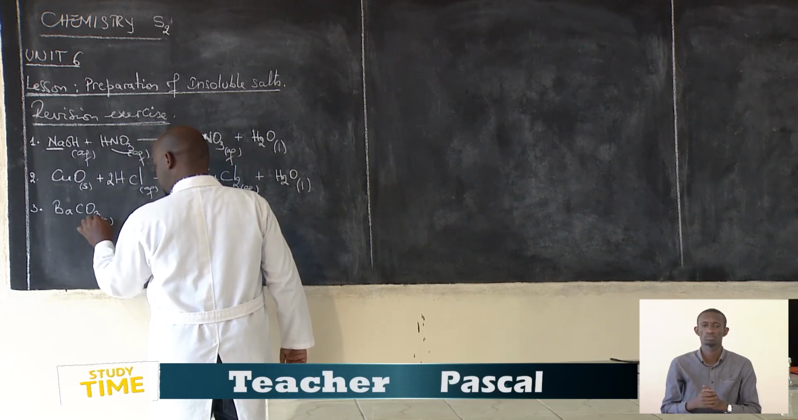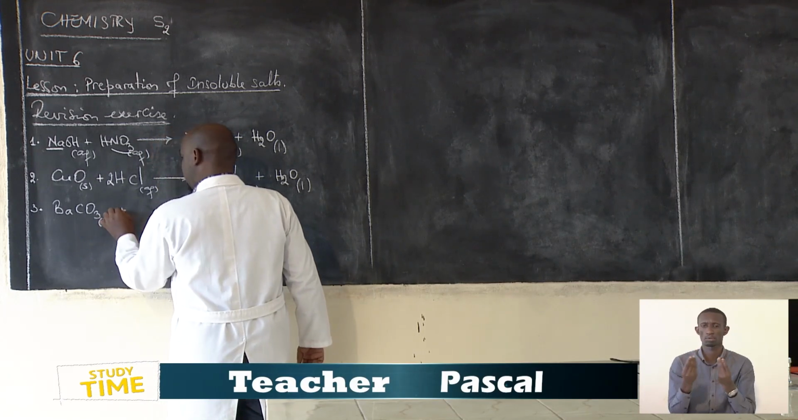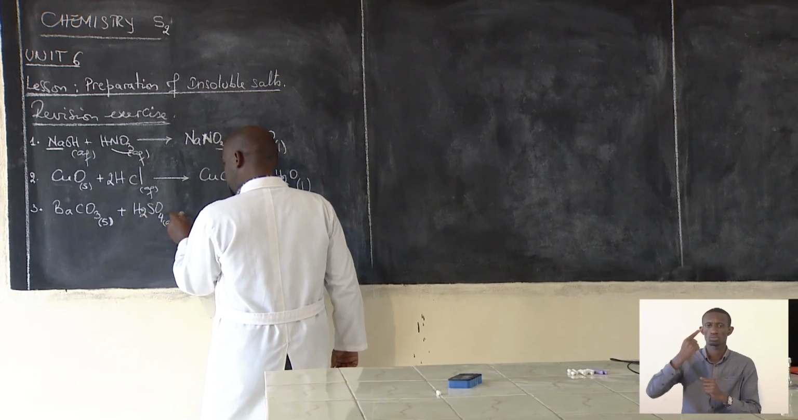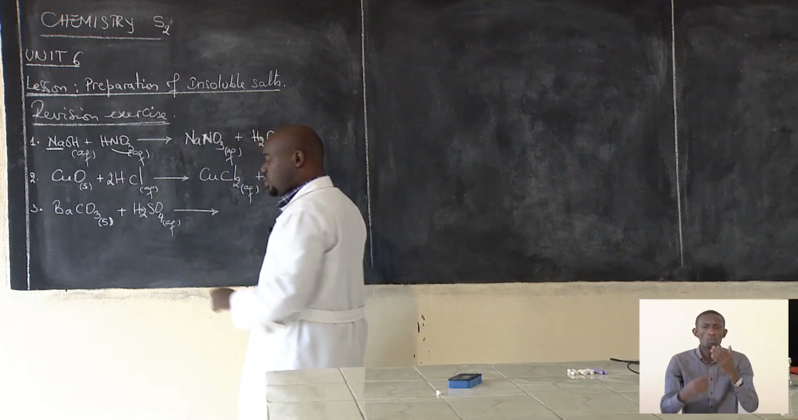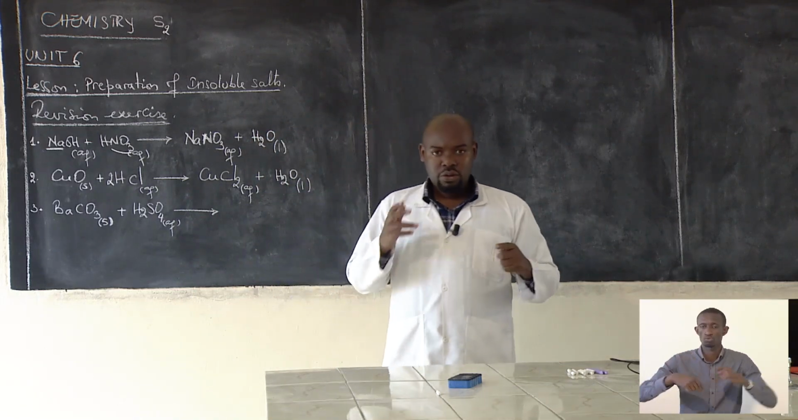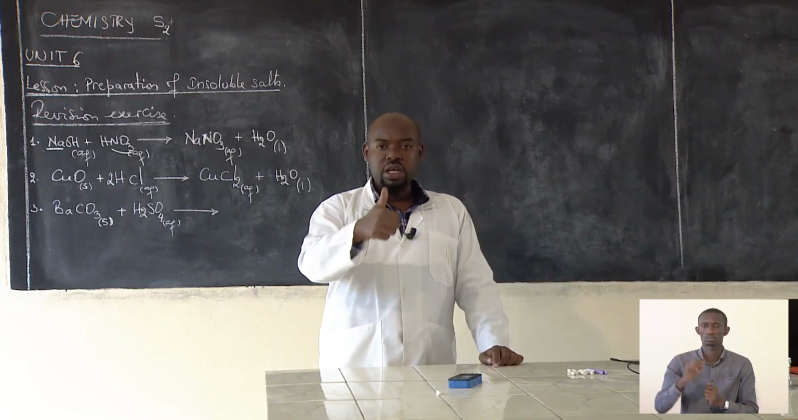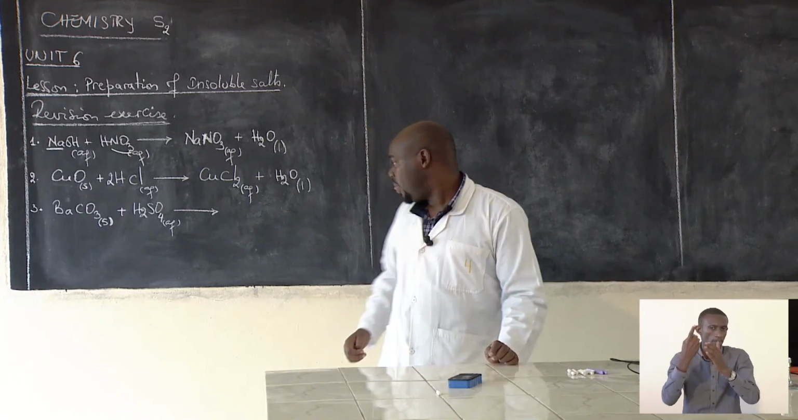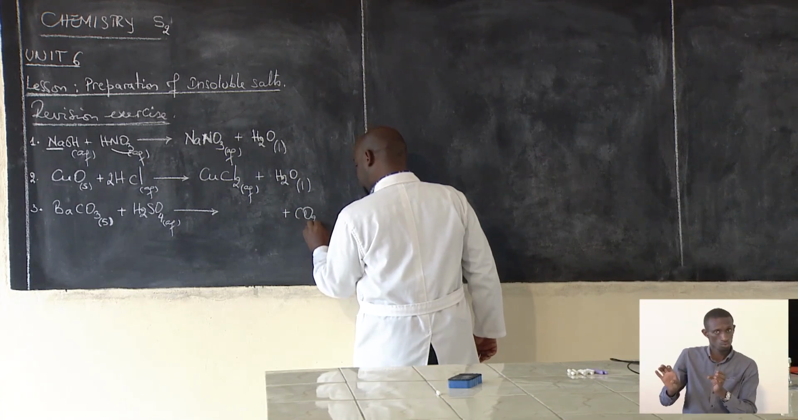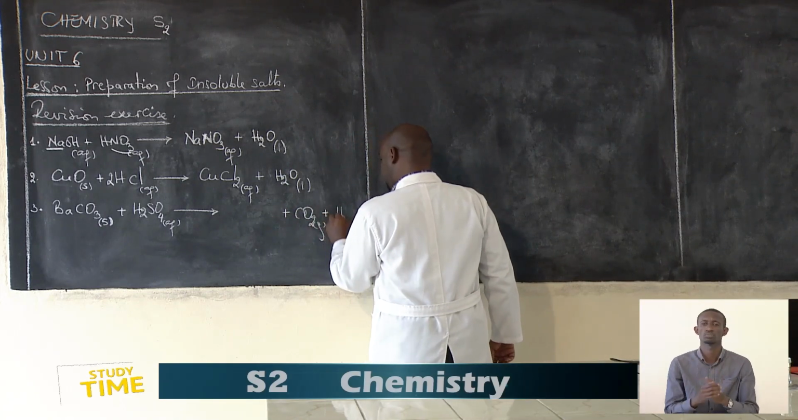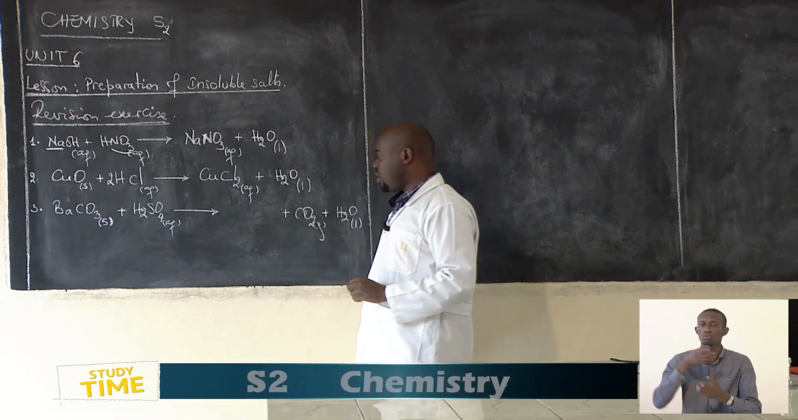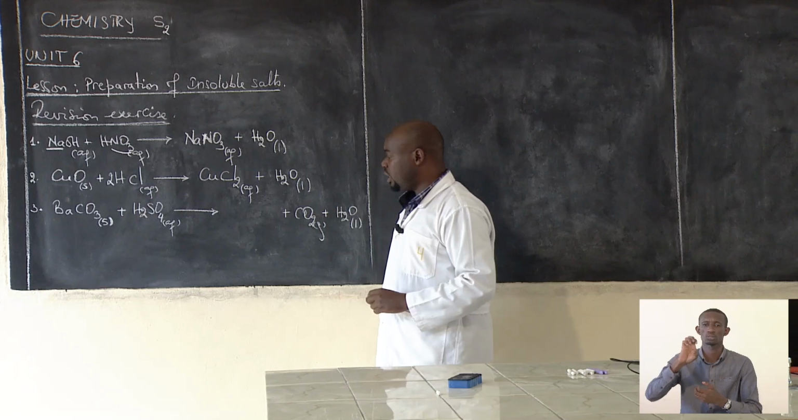This one is not soluble. And we add sulfuric acid in solution. What do we produce when a carbonate reacts with an acid? 2 main products will be carbon dioxide and water. And then, apart from those 2, we also produce a salt. So we have water in the liquid state, carbon dioxide in the gaseous state, and then we get